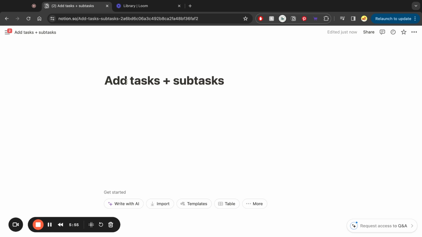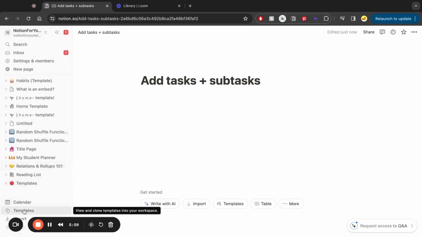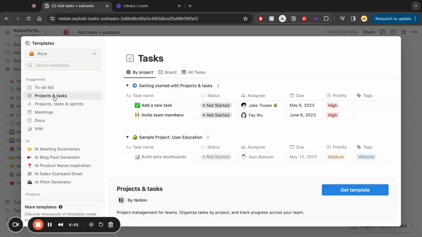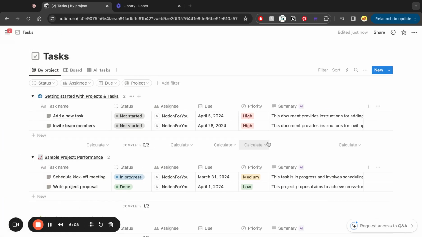The last use case to review is adding subtasks and tasks from the project and task template. For this, I'm going to create my projects and tasks databases here and add it to my private section, so then I have a more built out use case to demonstrate on. So in my task database, let's say I am working on this project and I'm working on the invite new team members task here, but I realize that there's going to be more work that needs to be put in here. So what I want to do is create an easy button that allows me to add a subtask to